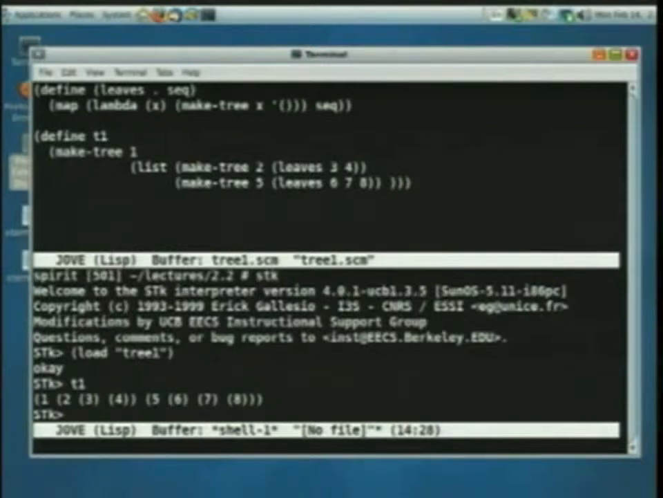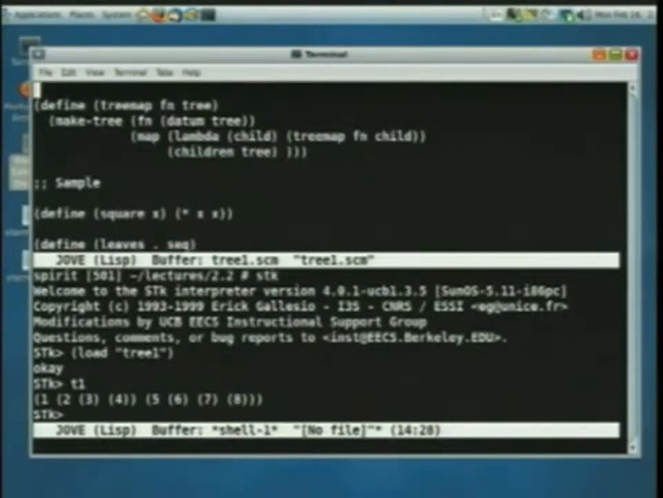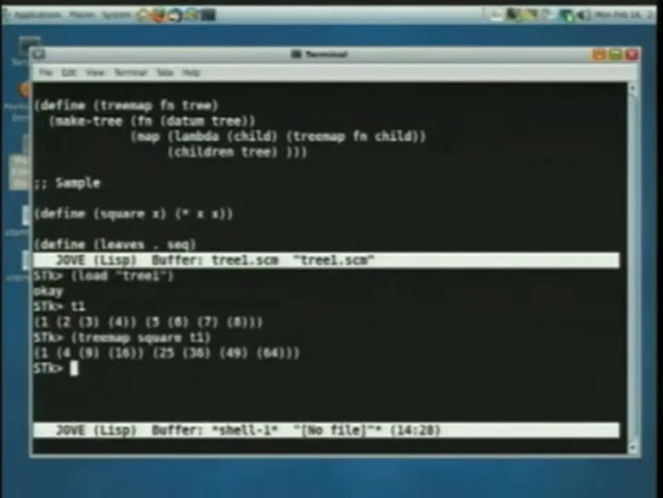What you're supposed to worry about is probably the most beautiful piece of code you're ever going to see in your life, which is tree map. And to show you what it does, I'm going to say tree map square T1. And it gives me another tree